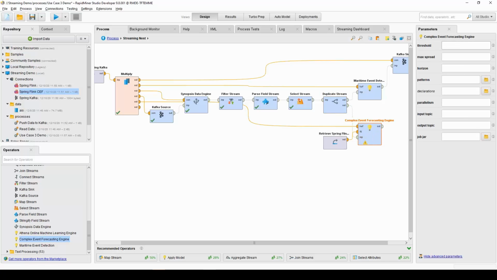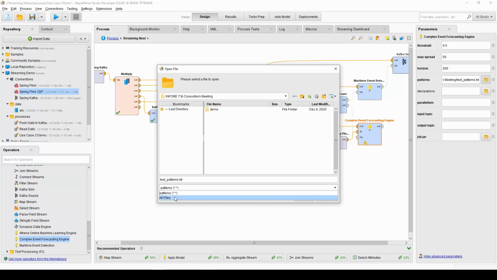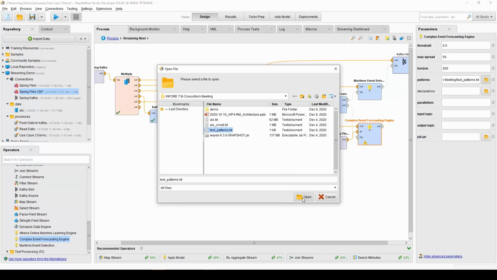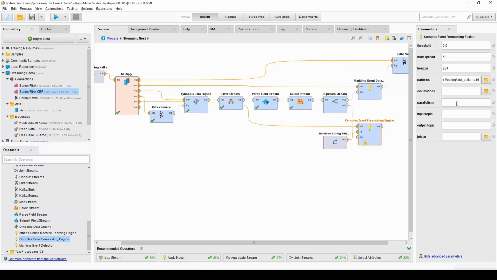And here again, I have to configure it. So I prepared this, just reading it from offsite. So these are the parameters for the complex event forecasting. So I have prepared here a patterns file. You see it's also located here, test patterns. You can have a file picker here. You need to have it for using the complex event forecasting, as well as you see the job jar we need later. Using parallelism 2,